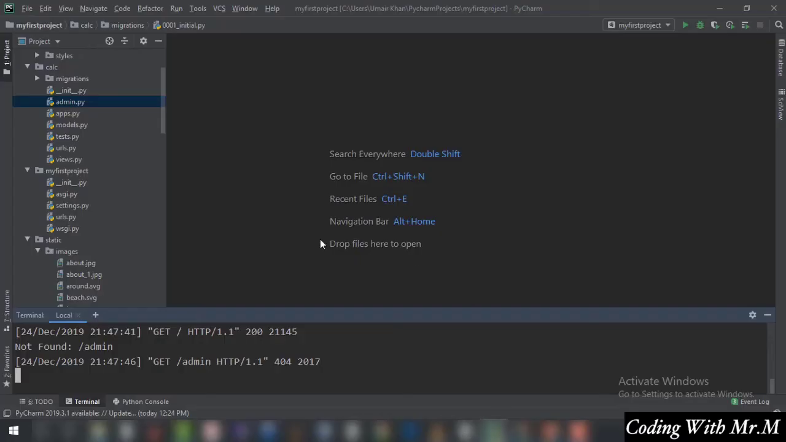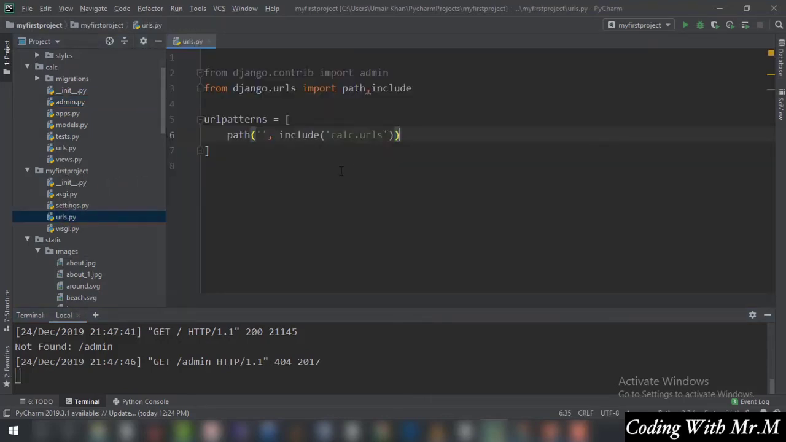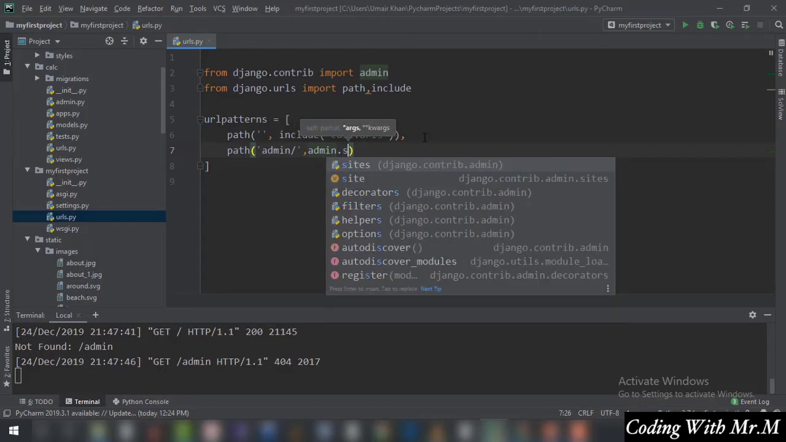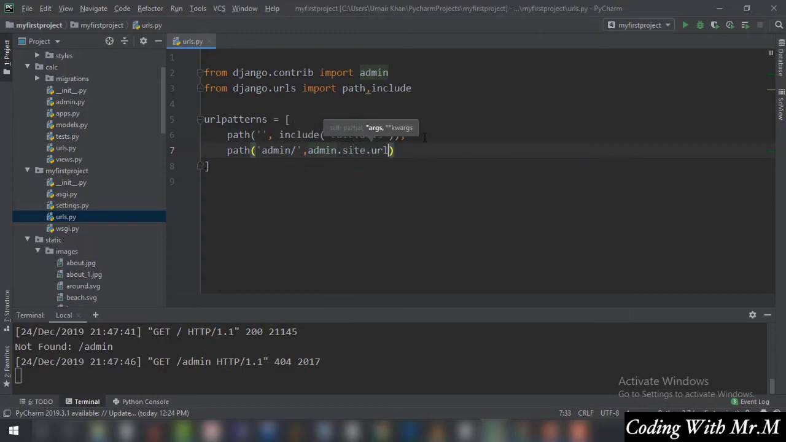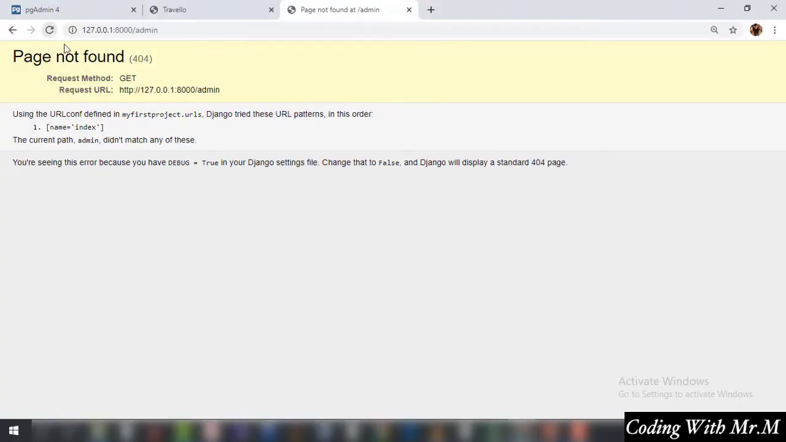So you're going to go into the my first project urls.py, and in here you are going to add a path. The first argument is going to be admin/, and then the second argument is going to be admin.site.urls. Alright, so that's good enough. If you just go back and refresh this page,